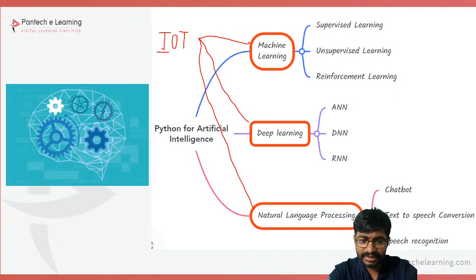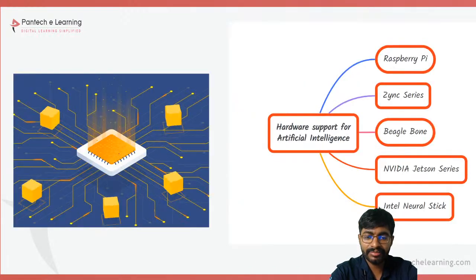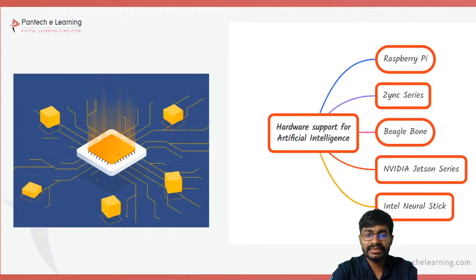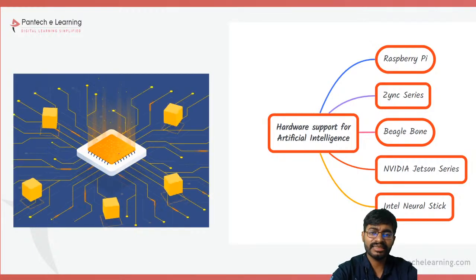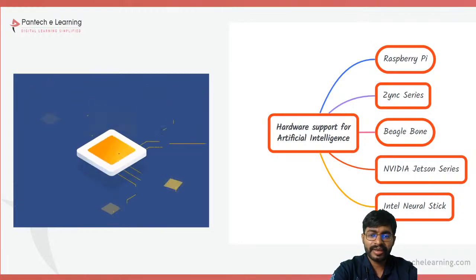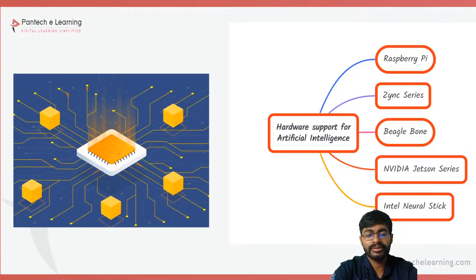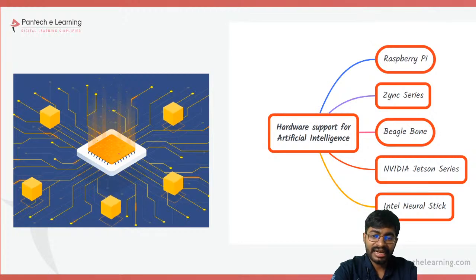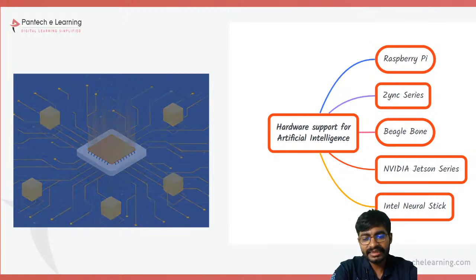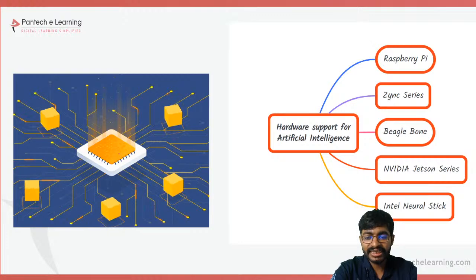But the same thing, if you go with Python with hardware, takes within 6 months, at maximum 6 to 7 months, I can assure. You also require a big team size if you go with the embedded C or C++ part, but for Python the team size will be smaller. And which hardware supports artificial intelligence? You can start with Raspberry Pi, Zynq series, BeagleBone, NVIDIA Jetson series. Jetson series means Jetson Nano,